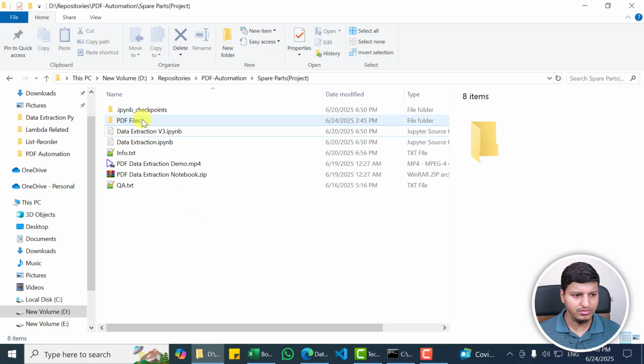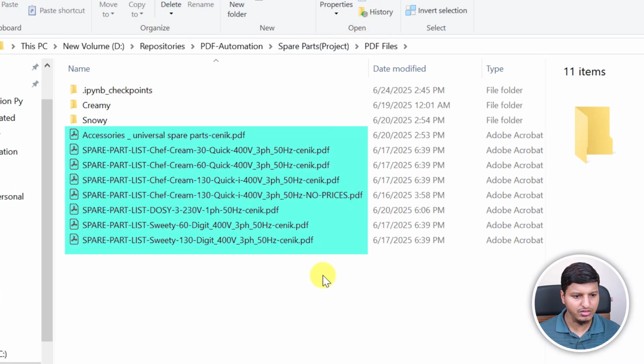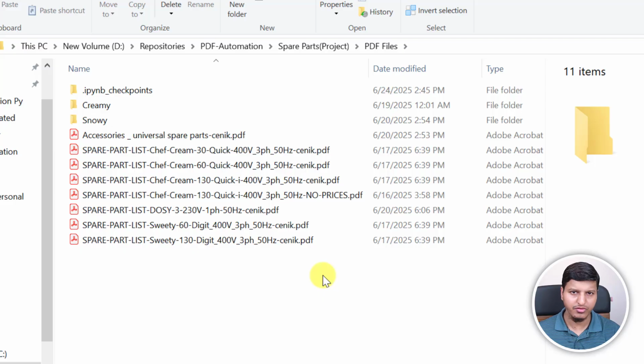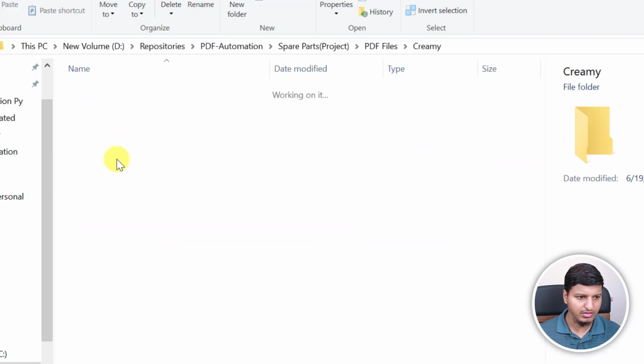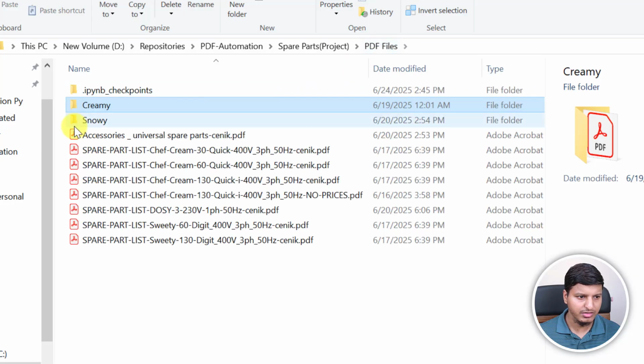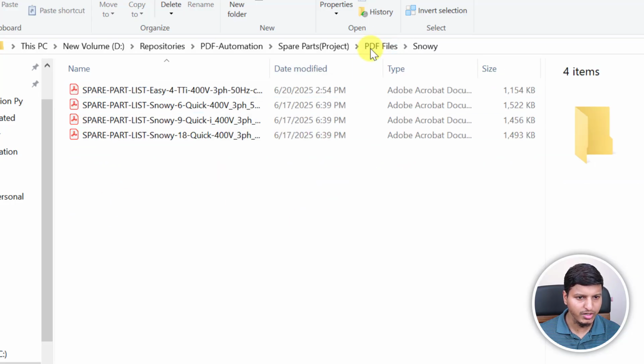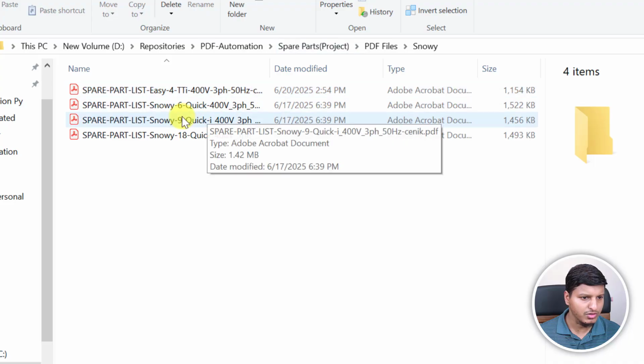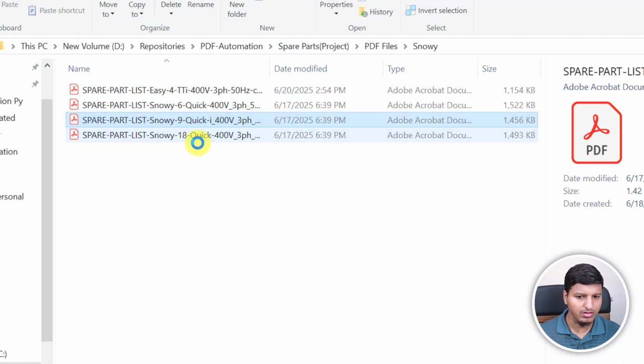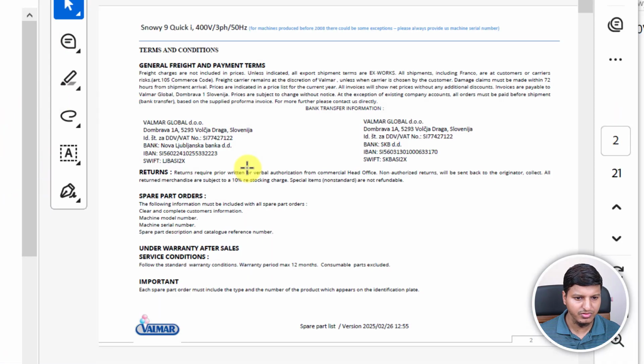We do have PDF files in this particular folder, and it can be a nested folder structure as well. This one, and so on. And in each of these, we do have PDF files. It can be much more nested as well. And what we need to do is extract data from all the pages of this particular PDF file